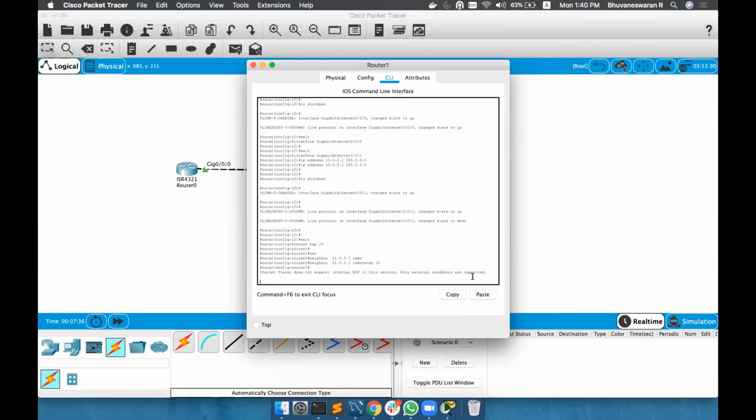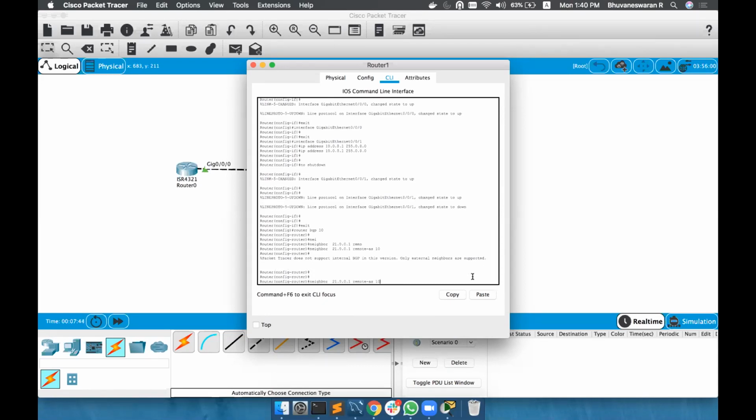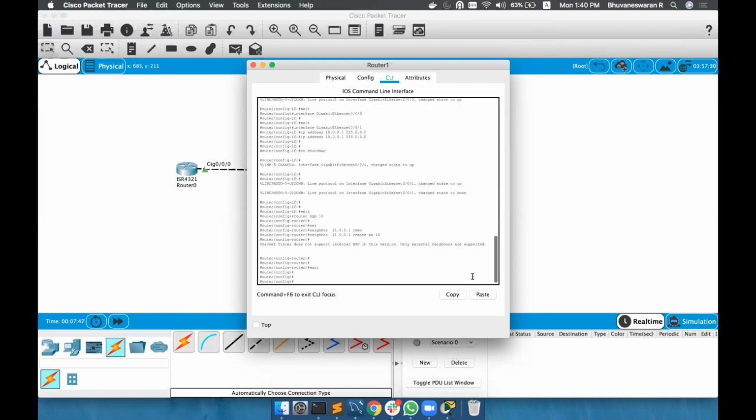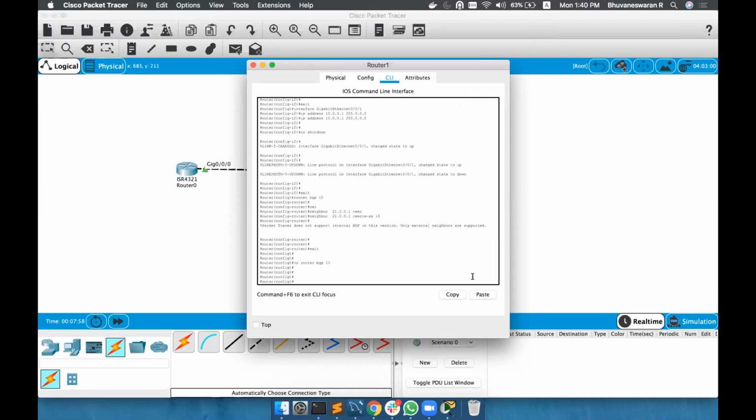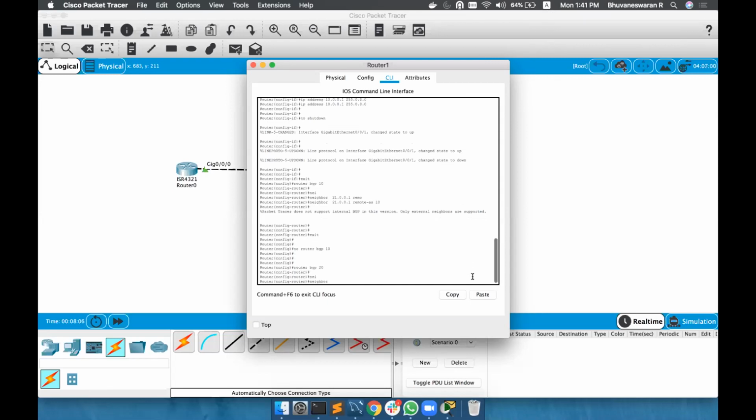Bro, here we have to give router BGP 20. Firstly, you have to exit, no router BGP 10. Okay. Router BGP 20, neighbor 21001, remote AS is 10.